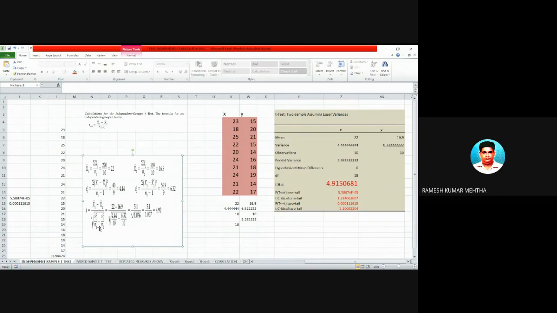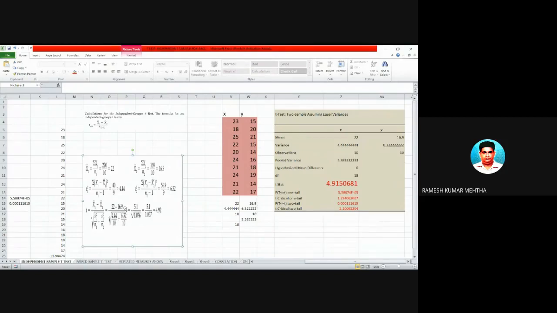Now let's plug in the values. x1 bar is the average of the first data set, which is 22. So 22 minus the average of the second data set, which is 16.9.